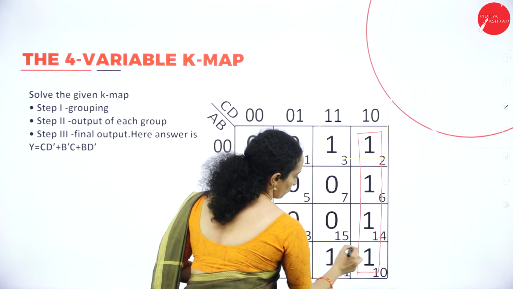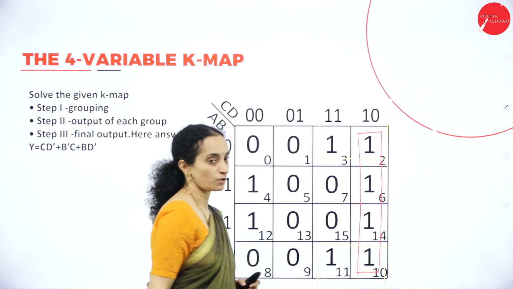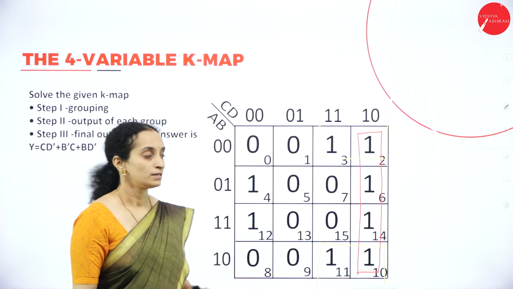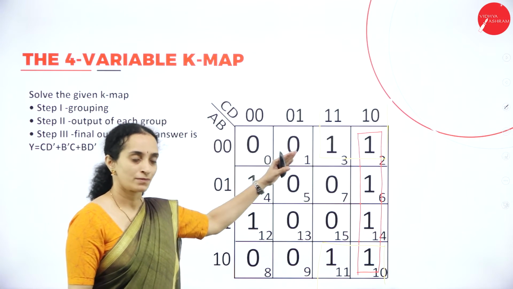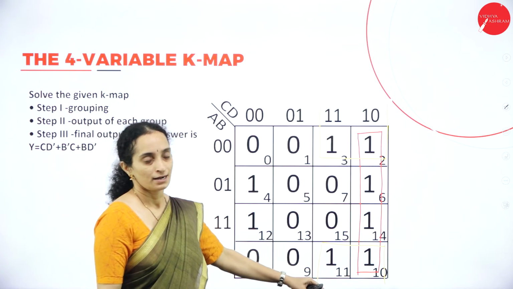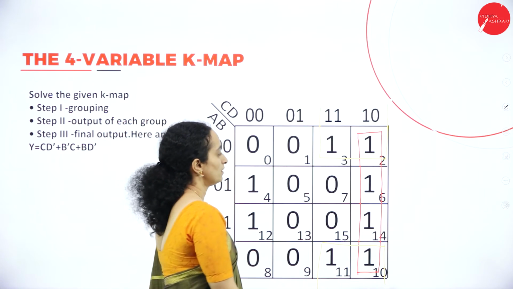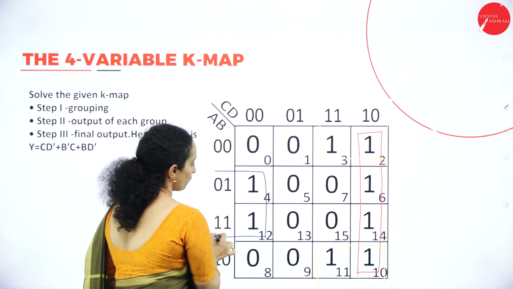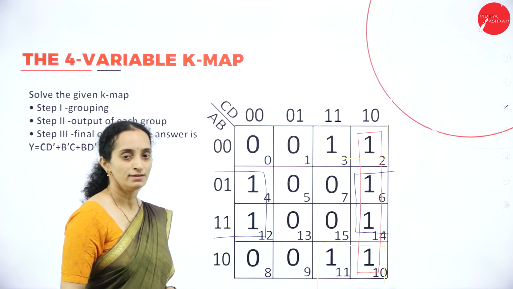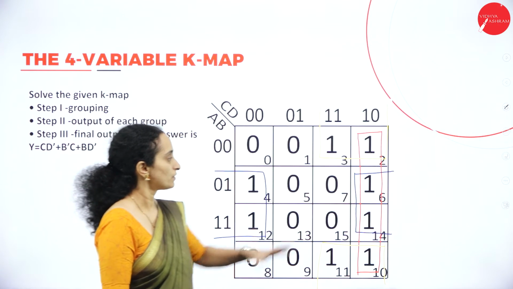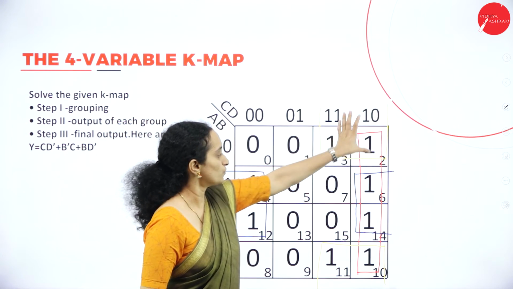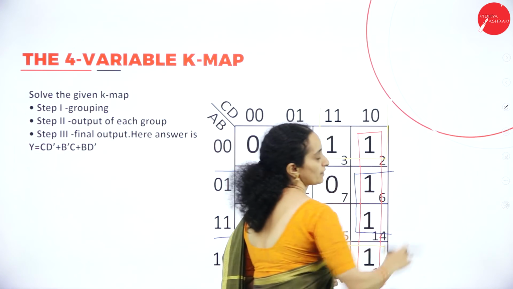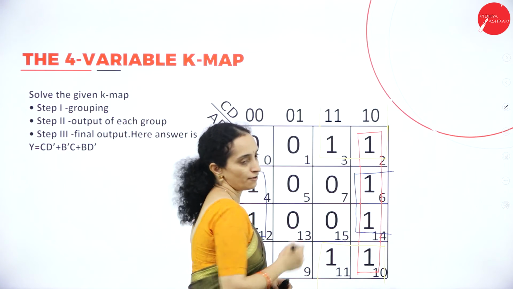Again with 4 ones. You remember the rules of simplification. That is, you can wrap around the values which are at the end. Isn't it? Then another group again with 4 ones. So you have these 3 groups, 1, 2 and 3, you can get. Now let us check with the values.